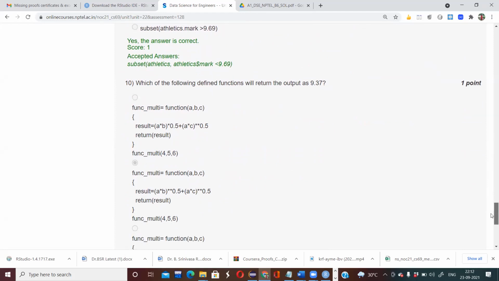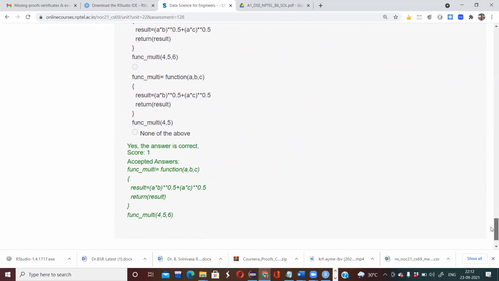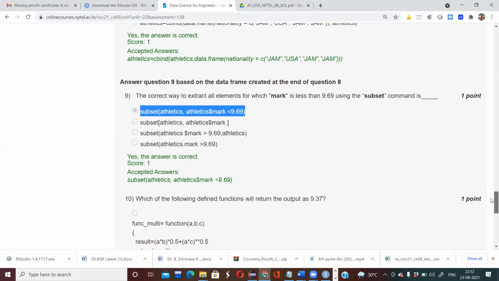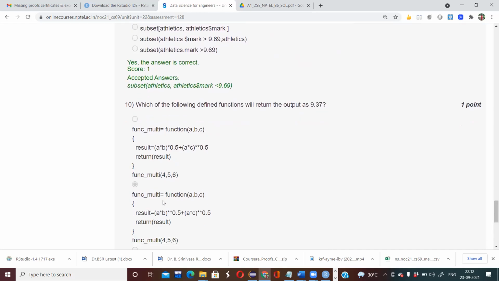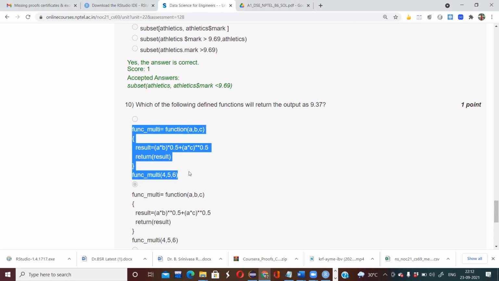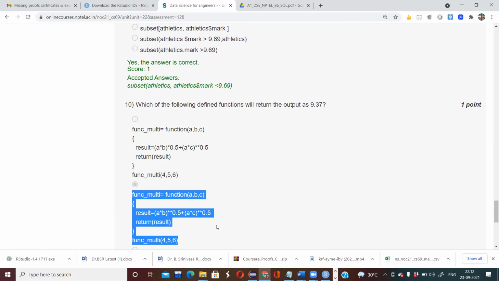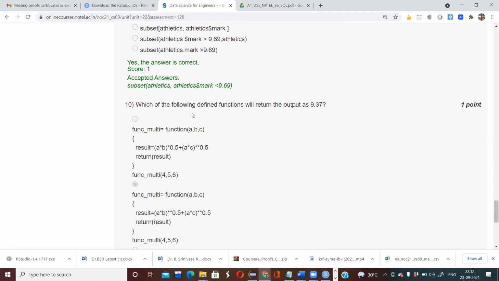So if you see the second option, you just need to calculate these values. Okay, the first option. This is the second option. For this, you have to pass 4, 5, 6.